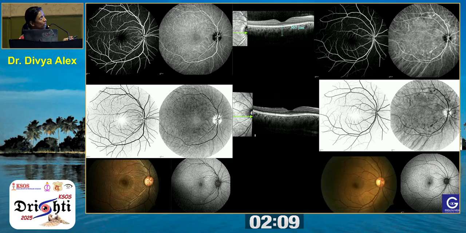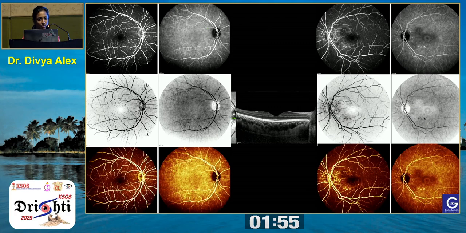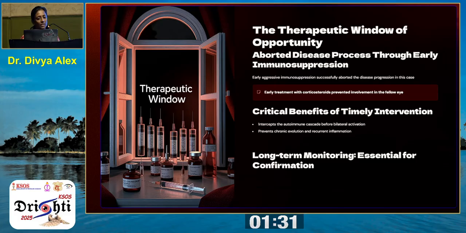Even in the other eye, you can see that the choroidal thickness is large. These are two representative images of the same. So the choroidal thickness is large, and even though clinically silent, the ICG is showing hypocyanescent spots. This is another patient, the involved eye and the uninvolved eye. If you examine it carefully, you can still see these multiple hypocyanescent choroidal spots, which are clear even in these filters or on the black on white image, and the enhanced depth imaging shows a huge choroidal thickness. One more thing that might have aborted the disease process is early immunosuppression.